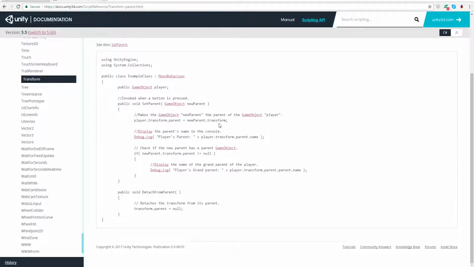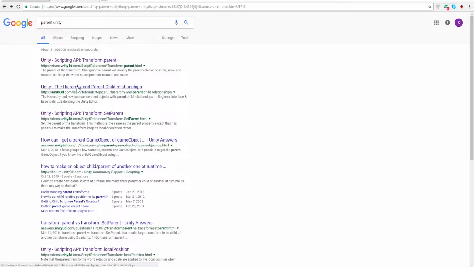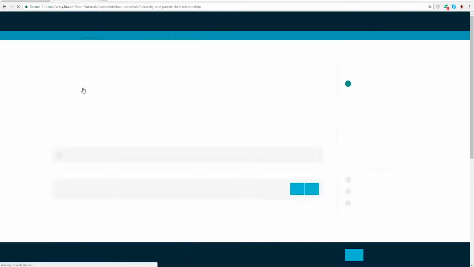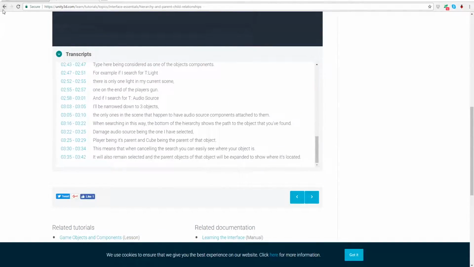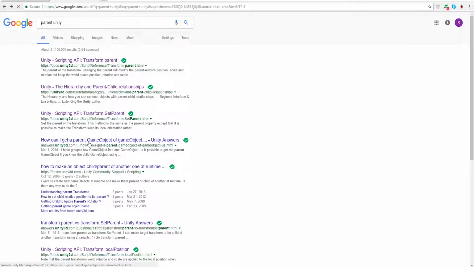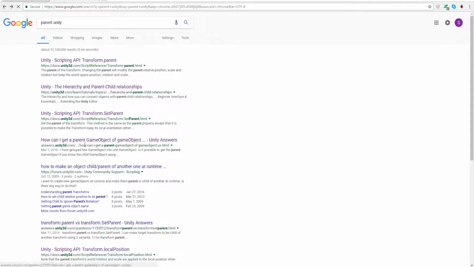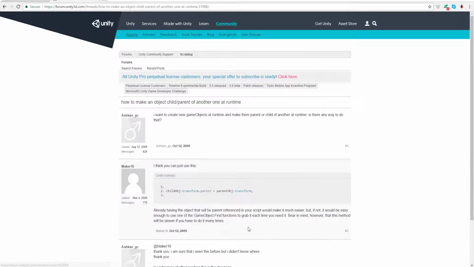Player.transform.parent equals new parent.transform. Okay, so what I'm going to do is I'm just going to have it child object parent equals parent object dot transform. Okay, so what I'll do